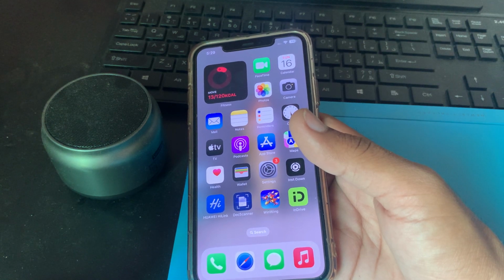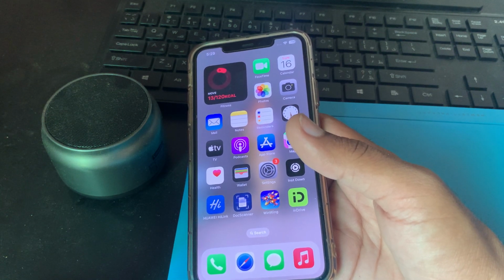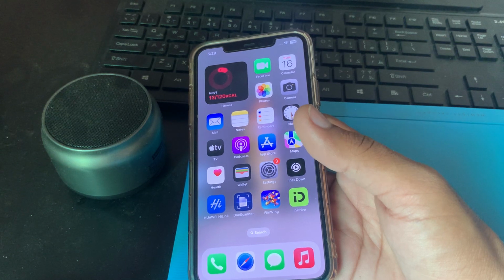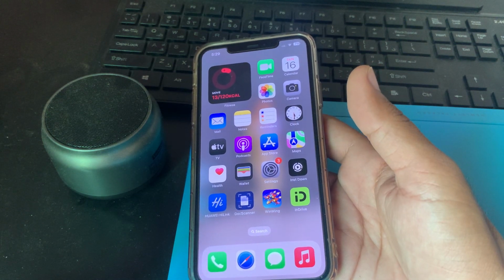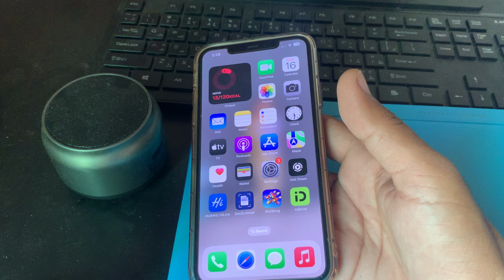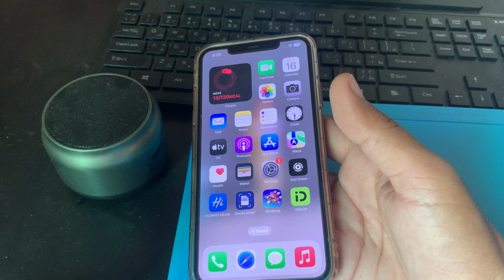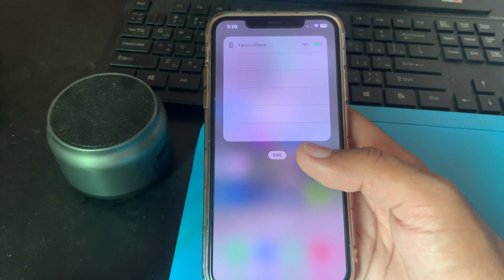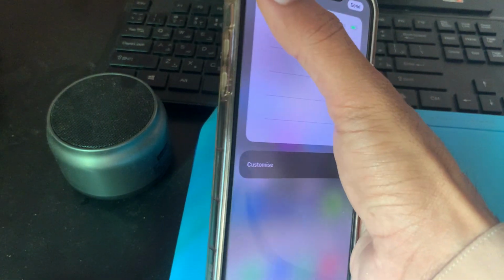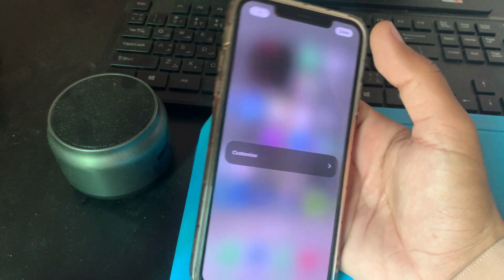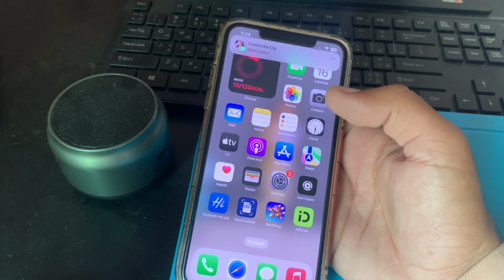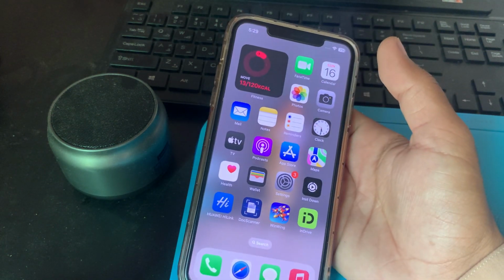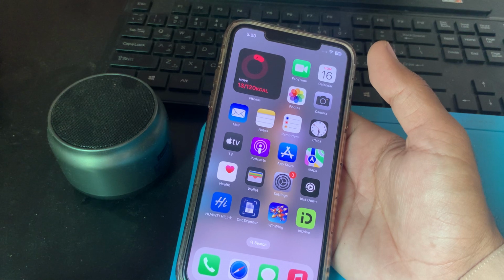So guys, first of all, if you're using iPhone 14 Pro or the 14 series, first of all turn off the always on display feature, and then after this the next solution is to remove the lock screen and home screen widgets on your iPhone. So guys, if you are using widgets on your iPhone, simply remove all the widgets from your iPhone. After this the next solution is turn on low